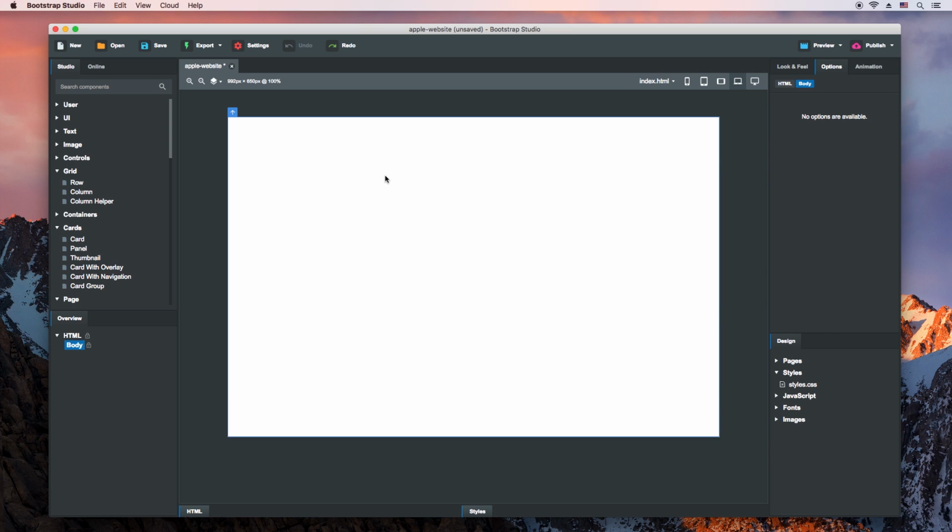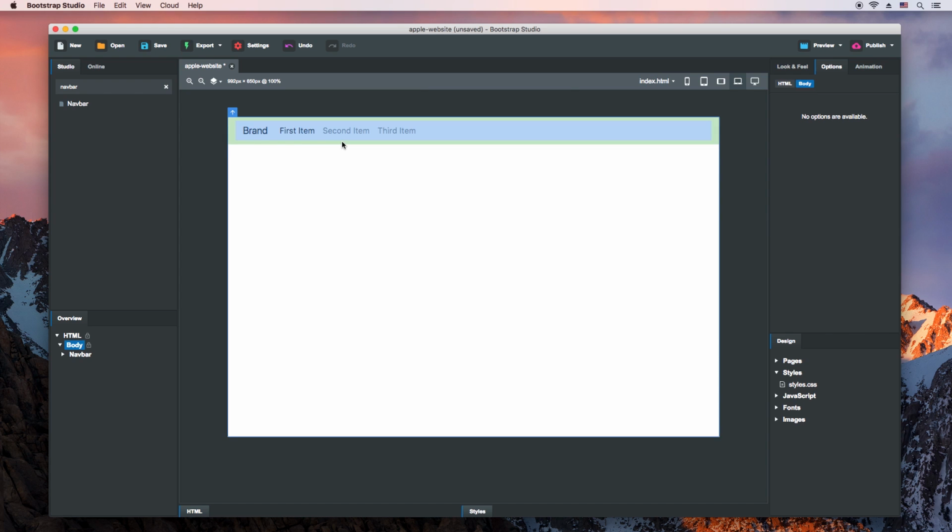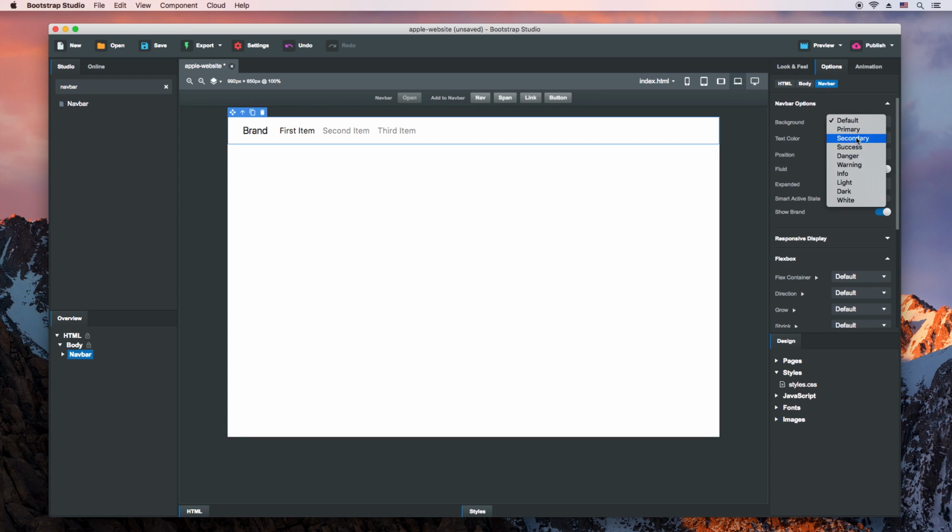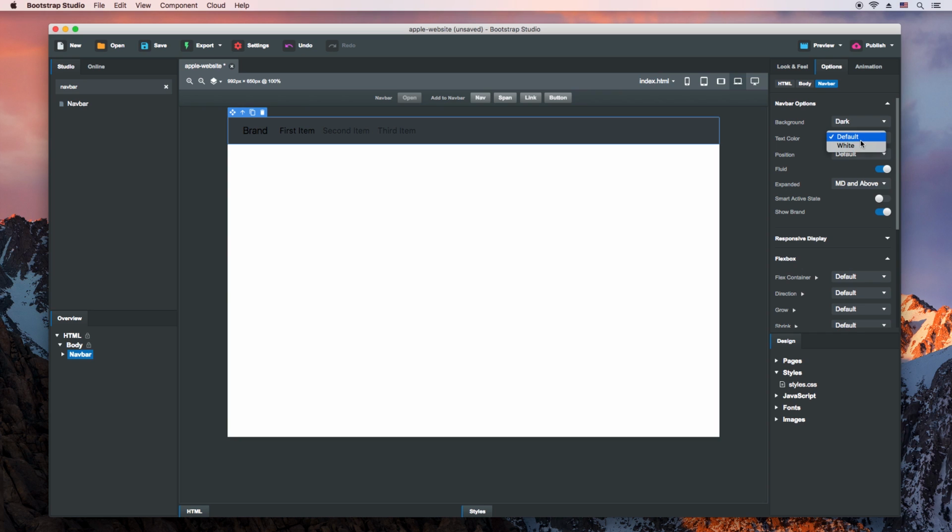We have Bootstrap Studio open on a blank design. First, we'll search for a navbar and we'll drag and drop it into the body of the page. This gives us the default Bootstrap top navigation, but we have to make it dark. To do this, we'll change the background option here and set the text to white. Then we'll make the navbar stick to the top of the page. We'll also disable the fluid option, so the nav has a fixed maximum size instead of taking the entire width